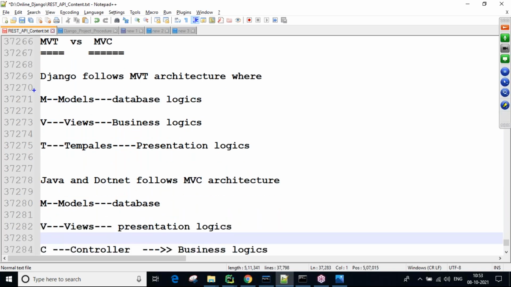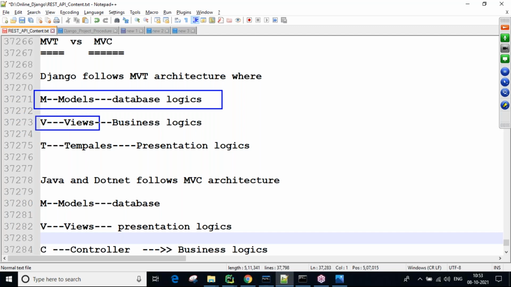In Django and Java, M stands for models. Both are used for database logics only. Database means creating, updating, all the interacting, guys. In our Django, V stands for views. Using the views, the business logics of our application we will write.